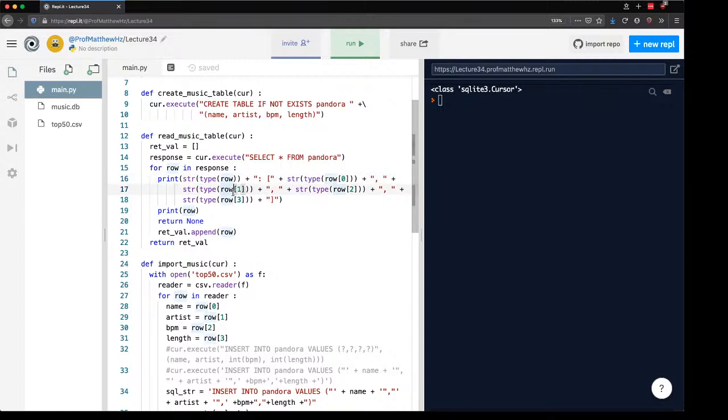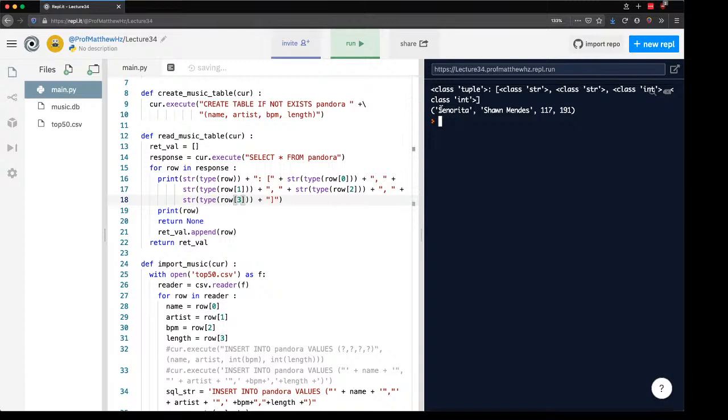Note that the way we're going to use this is sort of a giveaway of what we're going to get. What that select statement returns is some sort of collection, and we're using index 0, index 1, index 2, and index 3 to access each of those columns. So we have to know how this table is set up in order to work. So if I run this,